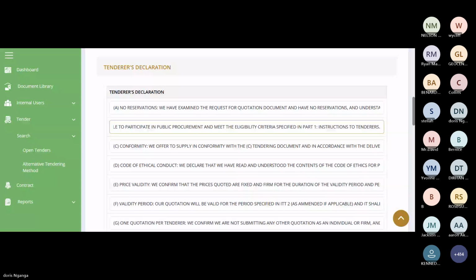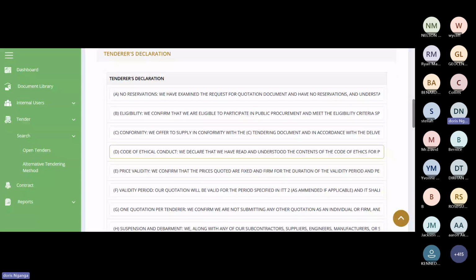Conformity: we offer to supply in conformity with the tendering document and in accordance with the delivery schedule specified in the schedule of requirement and technical specification. Again, I'm assuming you have already read the document and we all understand the various requirements as per the tender document.